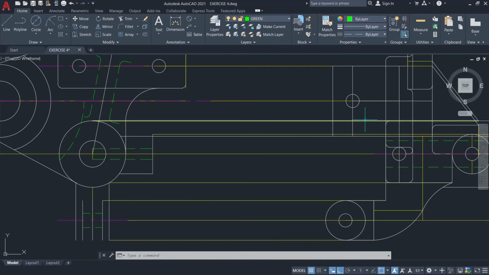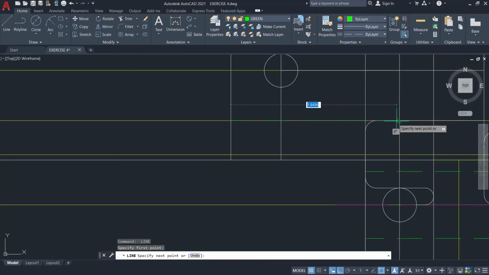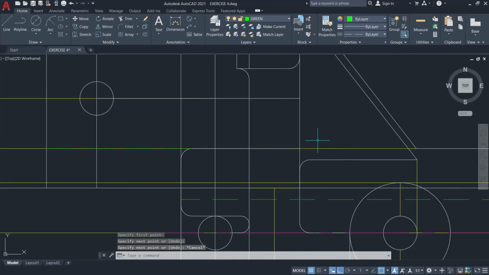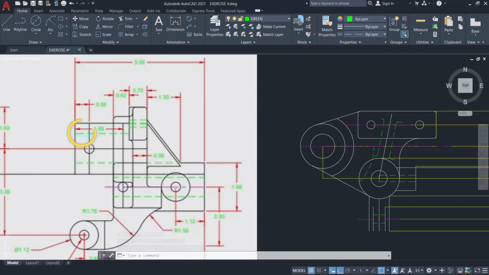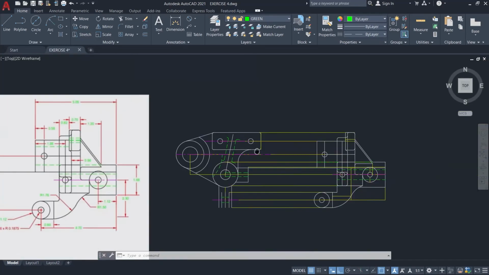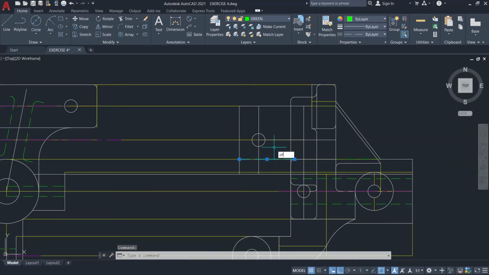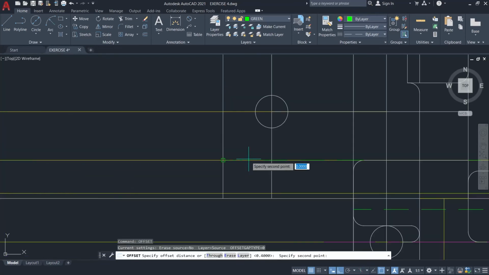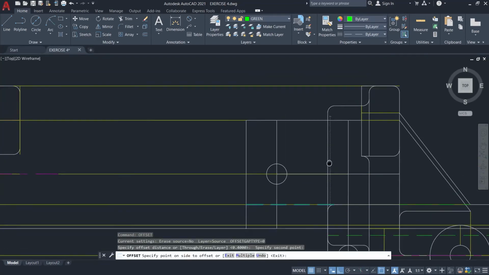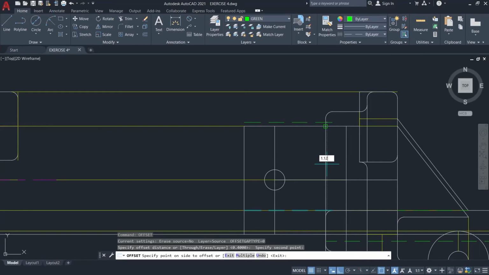Then, from these guidelines we made earlier, create the green dash line from this point up to this point. And from this vertical line up to the endpoint of the oblique line. While, to create this line, it must have the same distance as this line. So just offset it by 1.12 upward. And extend it